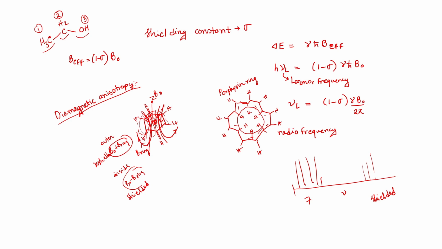Now, when I was talking about this, I forgot one thing I have not mentioned yet, and that is chemical shift. This is what chemical shift comes from. Depending on the Larmor frequency, you understand that different protons will have different positional motion, and that is why they are going to have different Larmor frequencies.